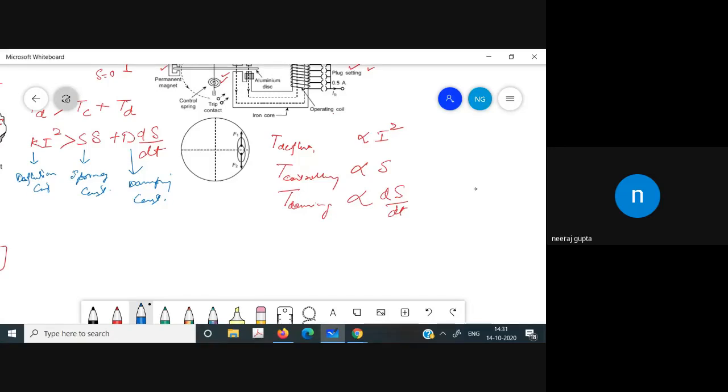It means when the disk is on the verge of deflection, we will have